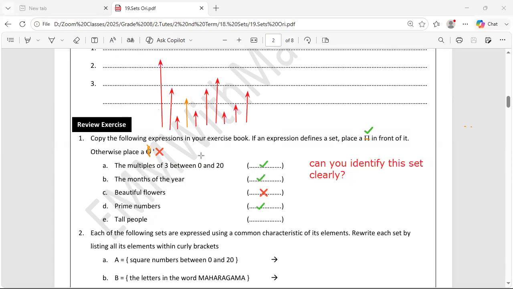Now someone is saying, please identify the tall people here. Can you do that? No, sir. You cannot do that. But if I say, identify the people who are more than 3 feet,